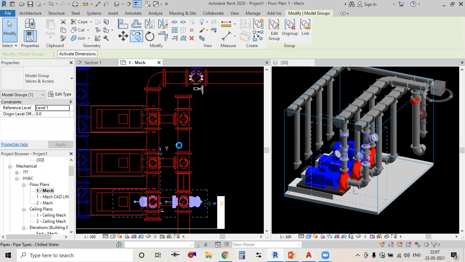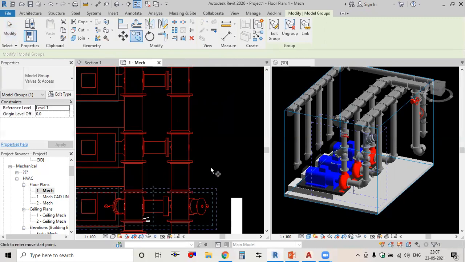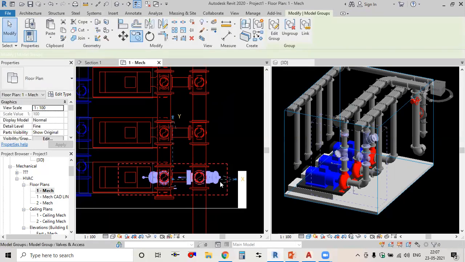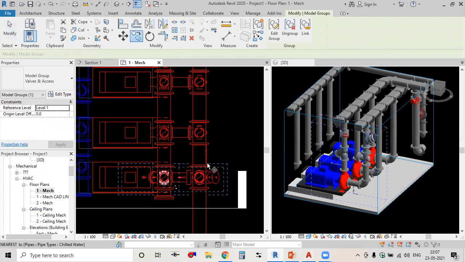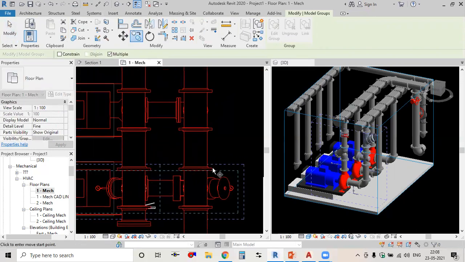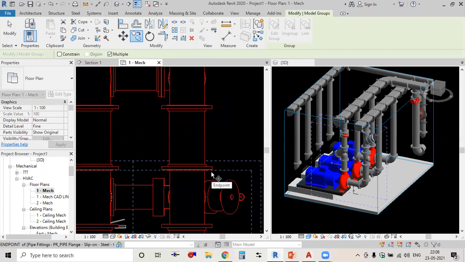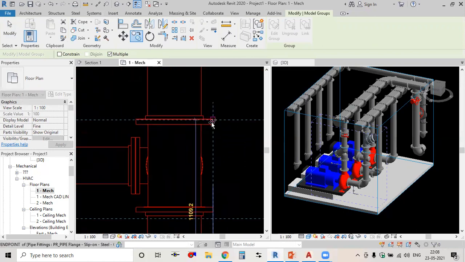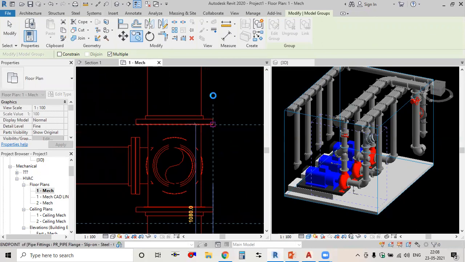Go to this copy. Select this group. Select the copy tool and pick one base point, like I'm picking this one. From here to here.